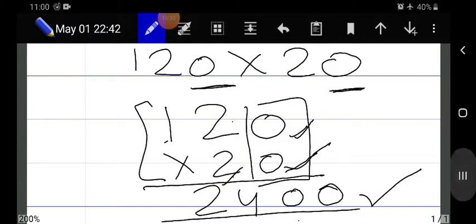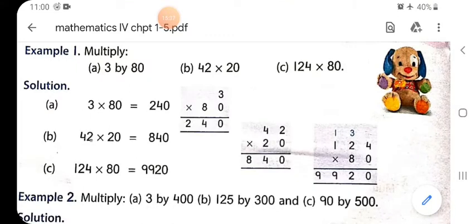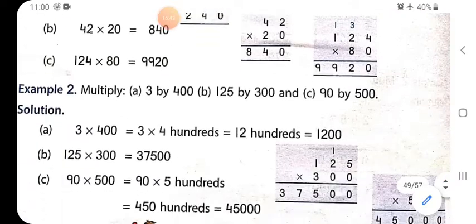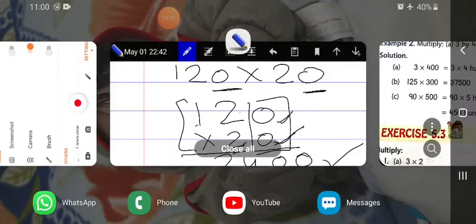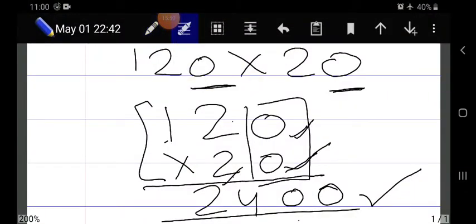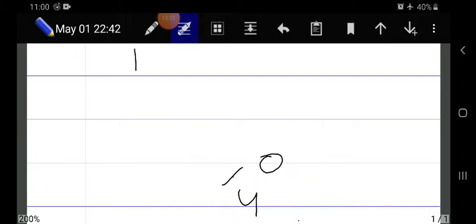So this is how we are going to solve the other sums. I can show you these also. I am just going to show you with the help of hundreds also. Just a few more examples and the concept of this multiplication will be clear. Suppose you are having a number. No need to write all these examples. If you want, you can, but there is no compulsion that you have to write all these examples in your notebook.